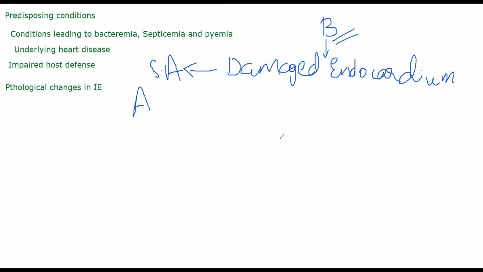Okay, I hope you are understanding the logic here. In subacute, there is already damage to the heart, which the bacteria is exploiting. Bacteria is taking advantage of that damage. Or in acute type, the bacteria is so strong that that fellow itself is coming and causing damage. Either way, there is damage to your endocardium.